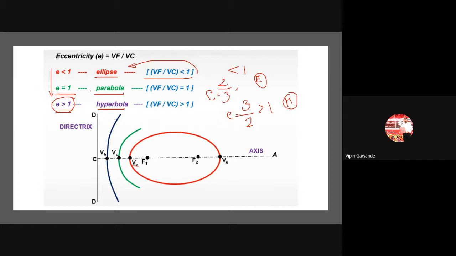For parabola, they will not mention anything. They will give you that if the eccentricity value is equal to unity, which is also called what? Unity. If the eccentricity value is unity or equal to 1, which type of curve will you construct? You have to construct the parabola. So likewise, this type of question they will ask in the examination.